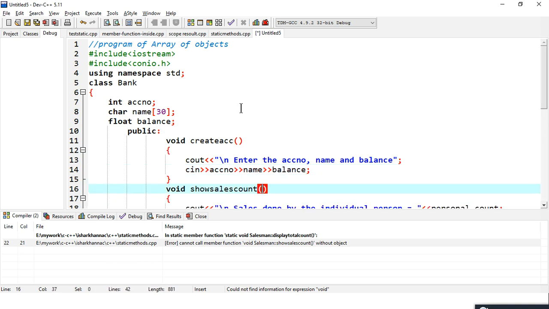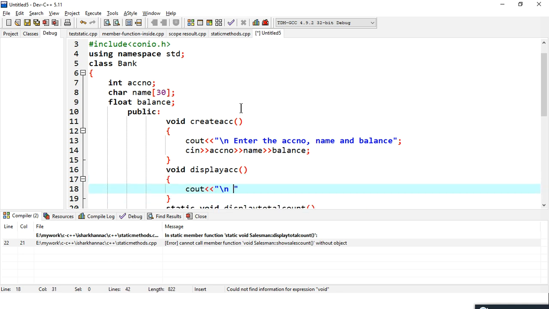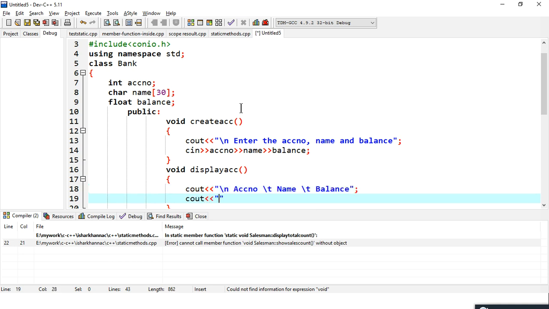And then I'll use display account, and we'll display the data here. Cout \n account number \t name \t balance, cout \n account number \t name \t